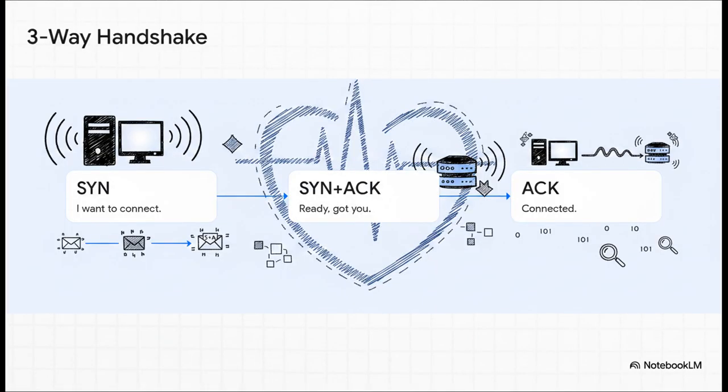So how do these vocabulary words form a conversation? Well, it's known as the TCP three-way handshake. Step 1, your machine sends a SYN packet, basically saying, hey, I want to connect. Step 2, the target replies with a SYN plus ACK, ready, I hear you, and I want to connect too. Finally, Step 3, your machine sends an ACK, acknowledge, we are officially connected. This 3-step handshake is the beating heart of network communication, and as we're about to see, we can completely manipulate